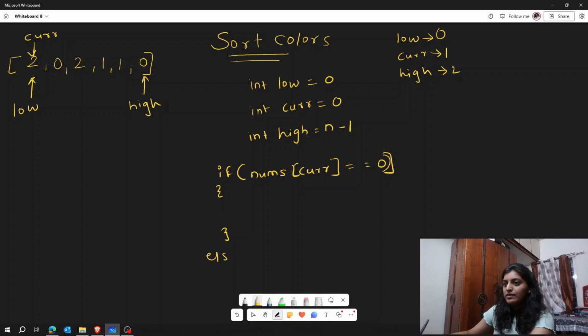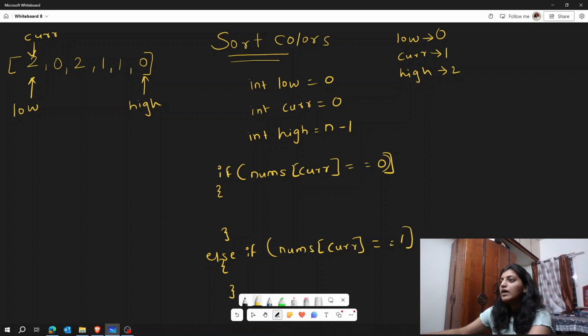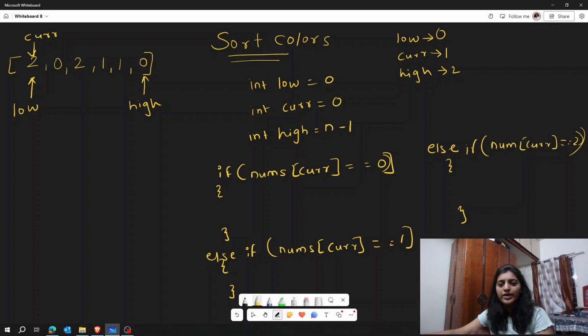Else if the current element equals 1, then what will we do? That we have to see. And the last is else, that is else if my current element is equal to 2. Now you can directly write the else part. I have just written this extra if so that you will understand the 3 conditions, because we only have 3 numbers. There will not be an array with numbers other than 0, 1 and 2.